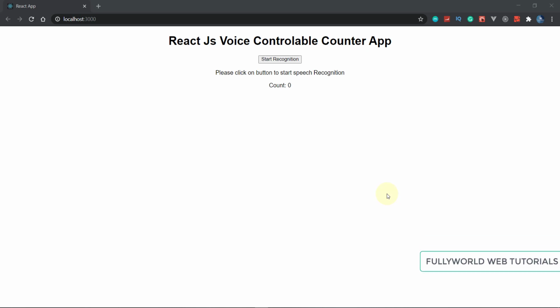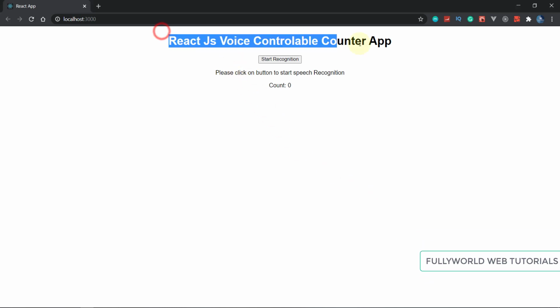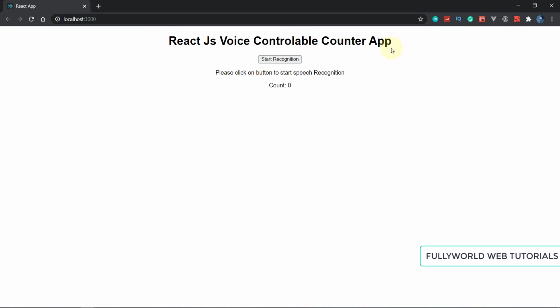So this tutorial is going to be very awesome, and in this tutorial we are going to make a React.js voice controllable counter app. Yes, this counter app will be voice controllable.